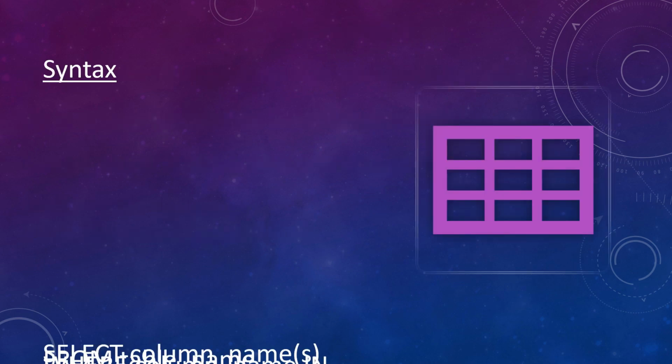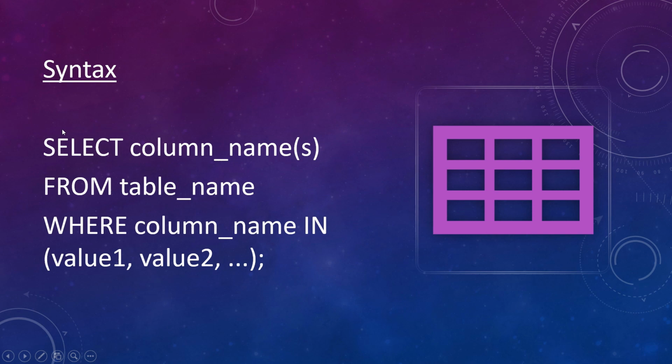And let's see the syntax. So this is the syntax: select, then column names, from, then name of the table, where, the column name for which we are interested in specifying the conditions, like in the previous example we had country IN, and then we can specify the values for which we want to specify the condition. For example, out of those four countries we were only interested in finding those where country is either UK or Germany. So this is the syntax.